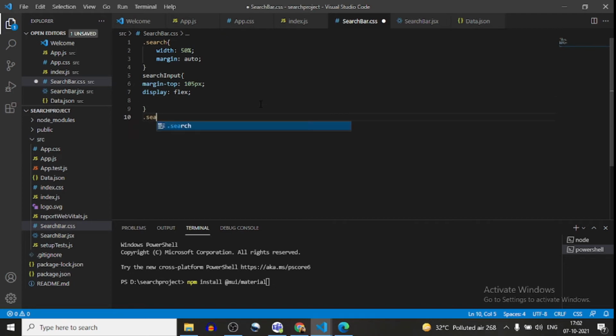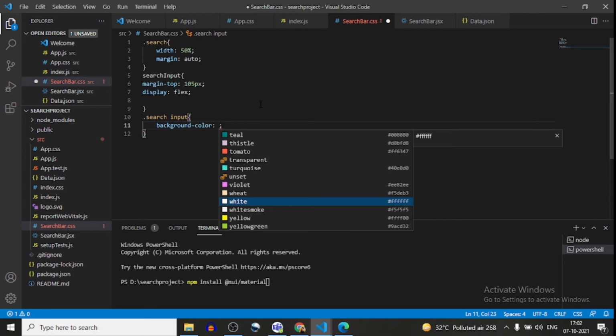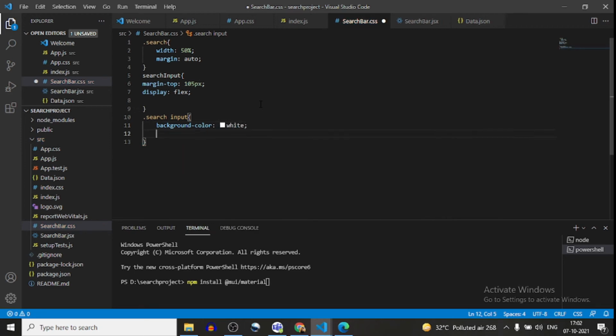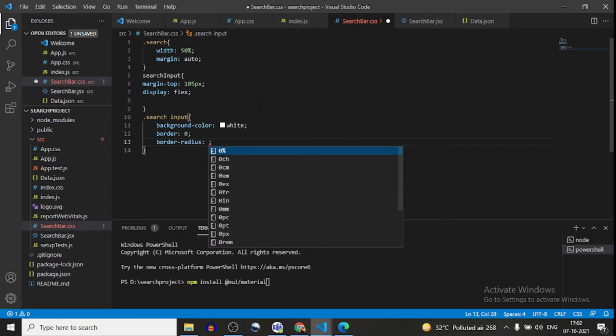Now for the search input, first I will set the background color to white, border 0, and border radius 2 pixel.